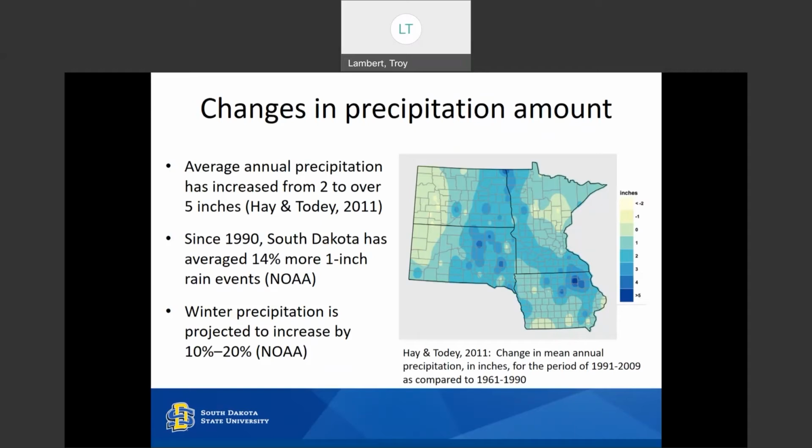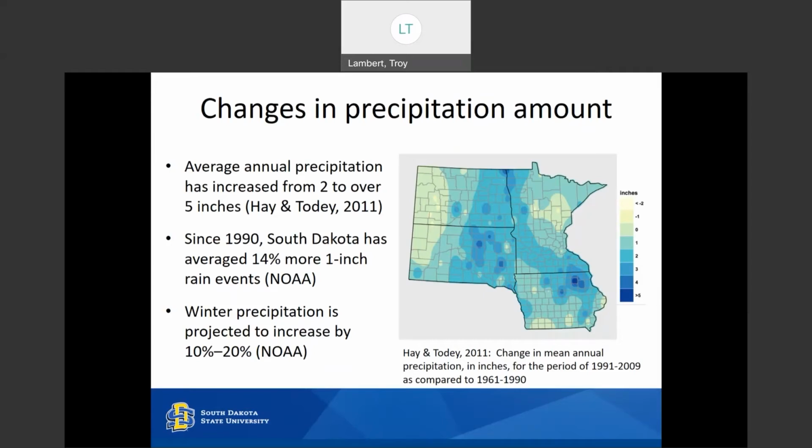But for the most part, eastern South Dakota, eastern North Dakota, and then kind of this western Minnesota part is 2 to 3 to 4 inches higher annually in that second stretch compared to the first stretch. We're also seeing more intense events, and then the timing is changing. And 2 or 3 or 4 inches of rain or precipitation, that may not sound like a lot, but when your baseline is 22 inches or 23 inches, that's in excess of 10% more rain each year.